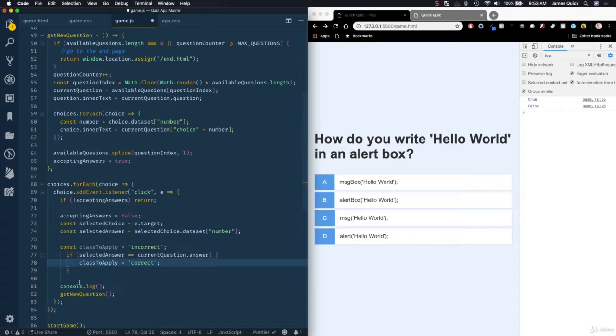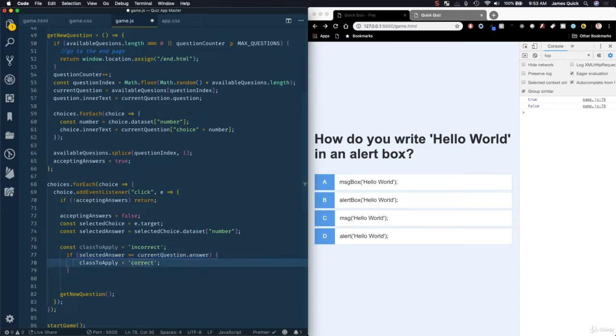So this is a pretty common technique to go ahead and give a default value. So instead of me checking to see, does it equal this? If so, do this. If it doesn't equal this, then do something else. I can just set the default to incorrect, then check to see if it is correct, and go ahead and